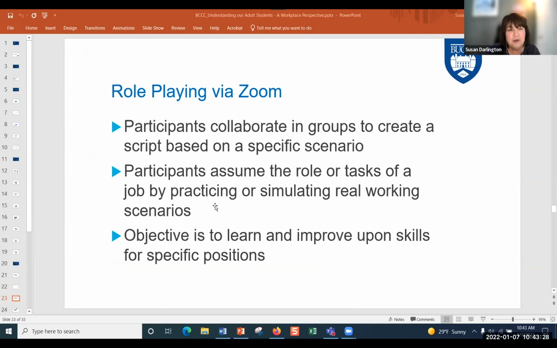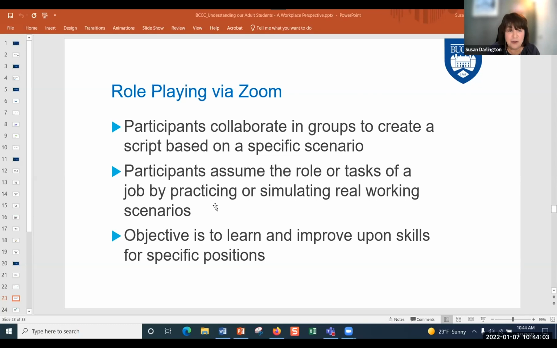So according to the Workplace Landscape Report, the development of sales and customer service skills were a theme across industries, a required skill that needs to be developed. So a high priority is being placed on developing learning experiences that help employees understand how best to serve their clients to help their business grow. So using Zoom technology, we're going to have a role-playing activity, also known as situational learning.